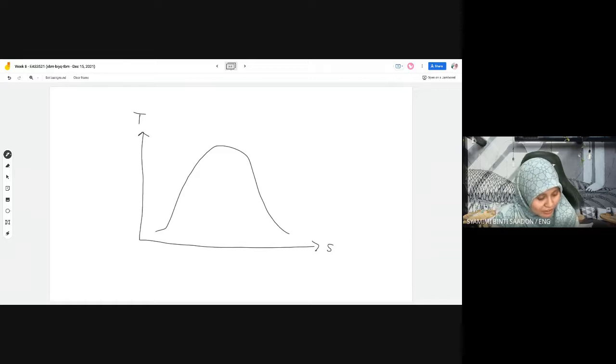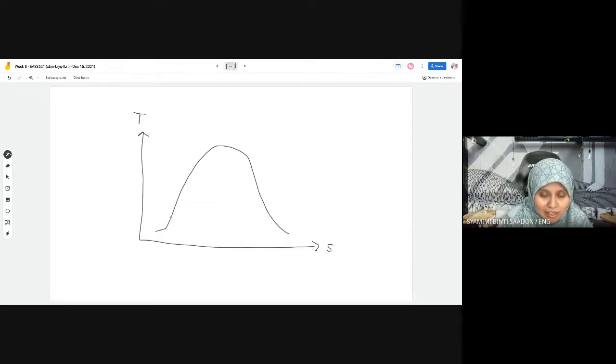But for water, I think it's kind of like this. Let me check. Because here it mentions steam, and steam is like water. The TS diagram for water, so it's kind of like a mountain here. And then, to understand the process of the gas turbine cycle,